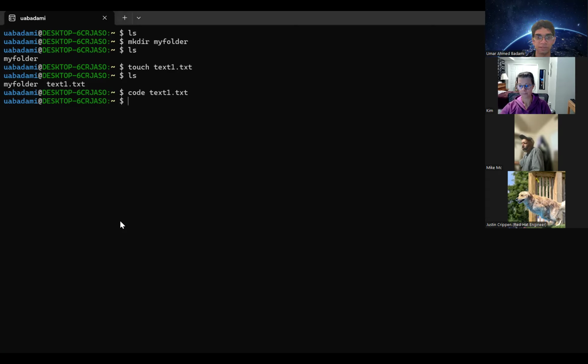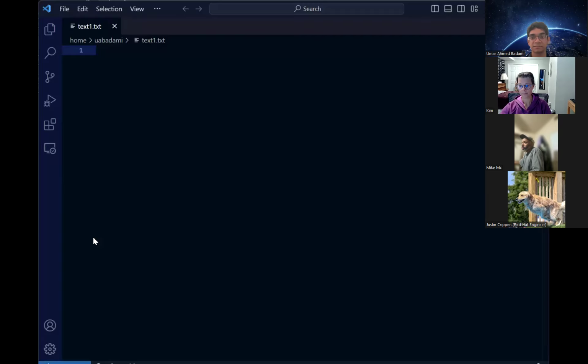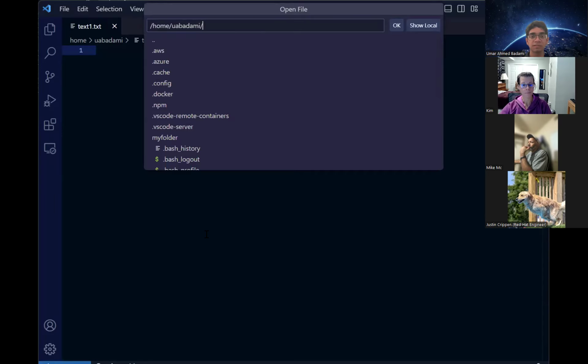And here, I'll switch windows. And you can see that it opened up text1.txt in my VS Code window, which is pretty handy. So if I'm in a very convoluted project that has like 15 different folders, 5 different subtrees, and like 100 files, I might not want to go